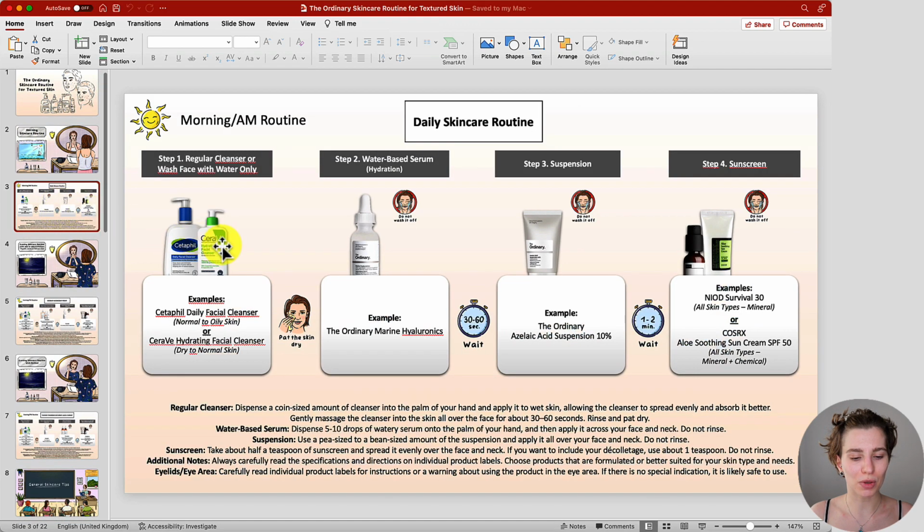So let's get started with the morning skincare routine, which you can see right here. So this is a routine that you can follow daily. You have the steps right here. You can see the products underneath that I've picked, and below that the overall general guide. So we are starting off with the first step, which is washing your face.